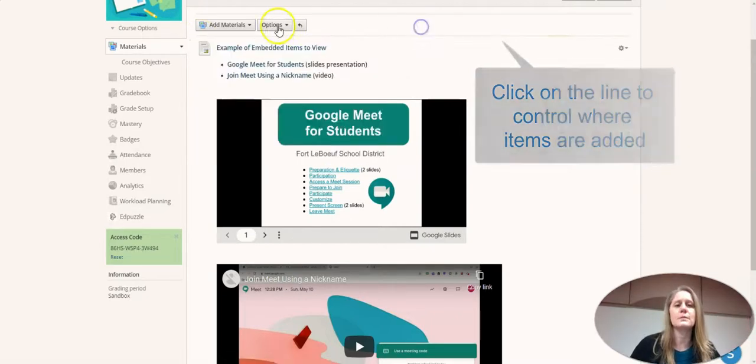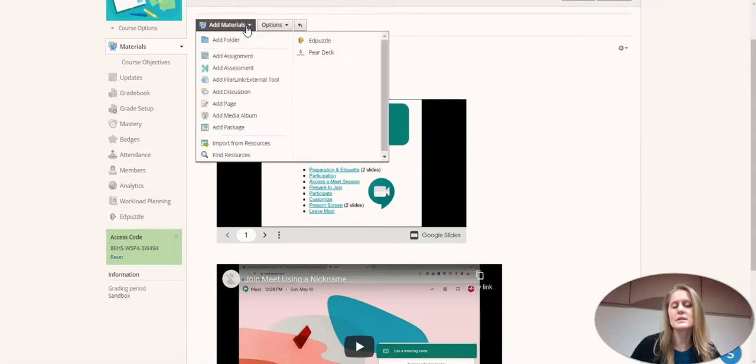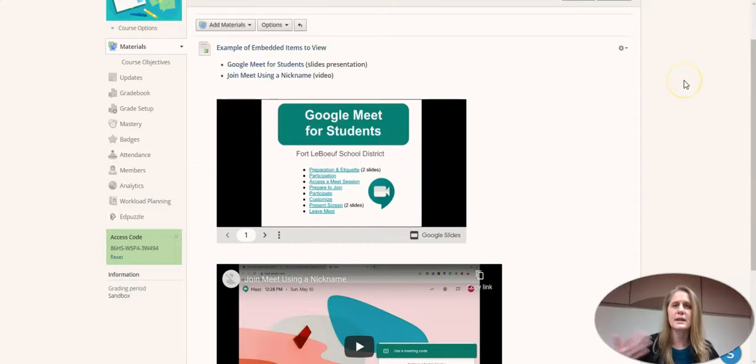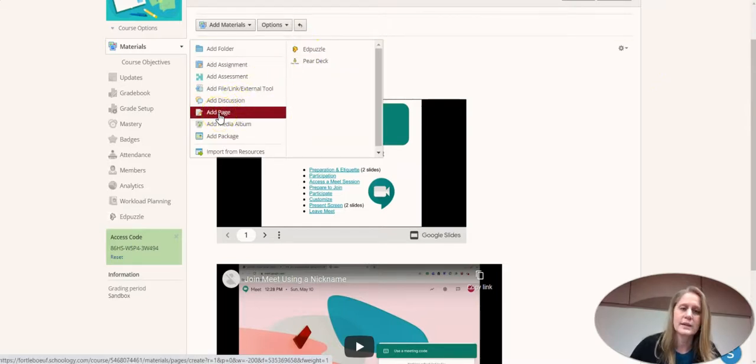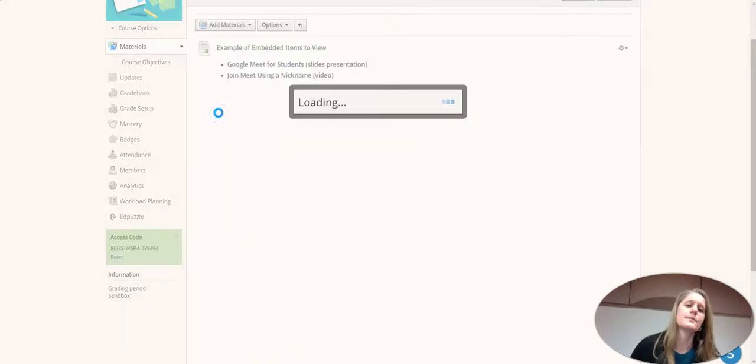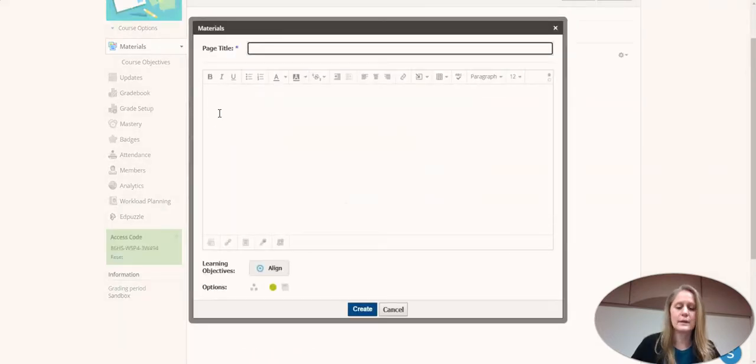If you use the add materials button at the top, these would be added at the very bottom of the page. So if you have lots of things on the page and you want to make sure that the item you're about to add, that you don't have to move it from the bottom all the way up to the top later on, you're going to use the little line here in order to add something. So when I click on that line and I say add page, this is where I'm going to add them. All right, so we are going to just jump in from scratch here. We are going to say